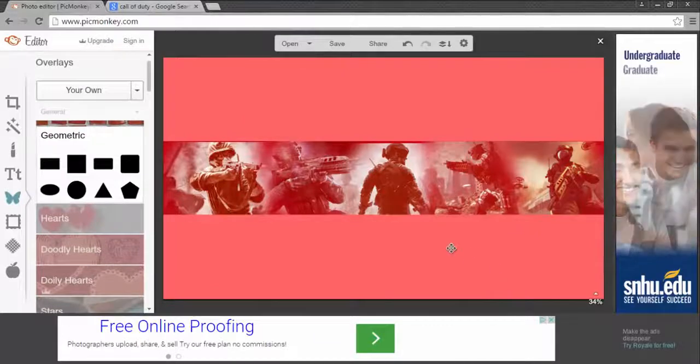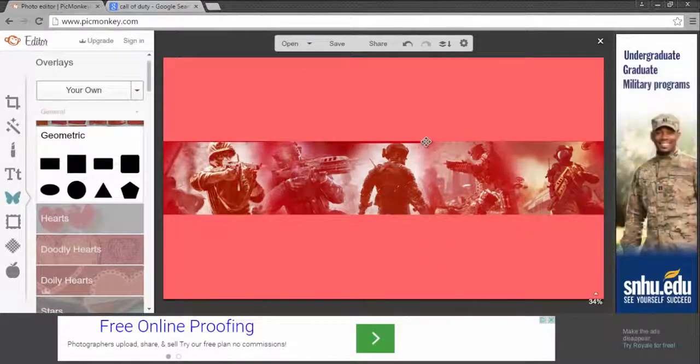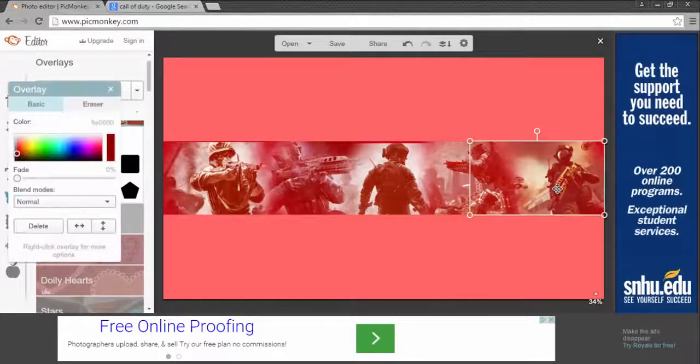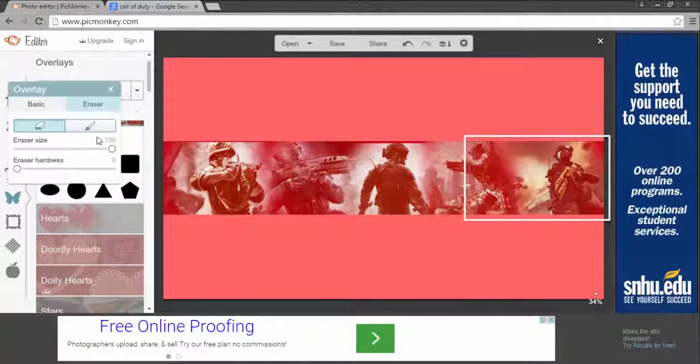Alright, so now we got that. As you can see at the top, we still got some red left. Right here we got some red. So we're gonna go ahead and click on that image, get back to the eraser tool. But we're gonna click this one right here. I'm not sure what this is called. It's called a brush, but just gonna go ahead and get rid of this right